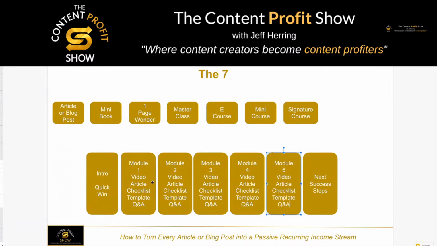Okay, so the intro can be that original article, just like in other ones. Okay. And then you want to give them a quick win. So if I was doing a signature course about content creation, in the intro, I would give them a way to create a quick title or an outline of an article or a blog post. So they would have that quick win. Okay. And this can be done recorded in advance, or you could do it live weekly or every other day or whatever way you want to do it.